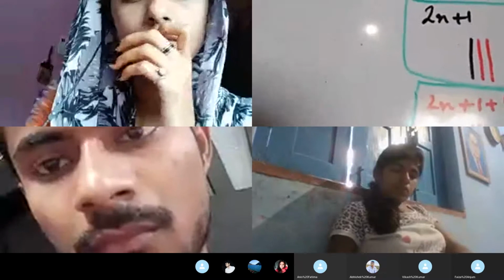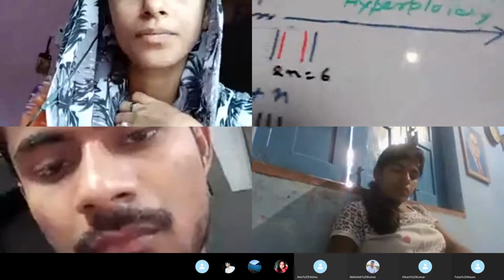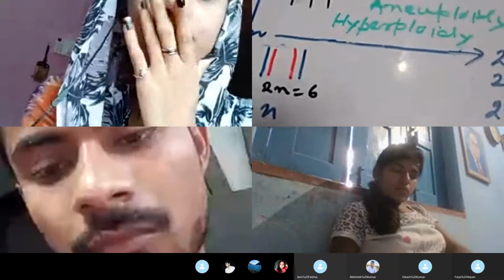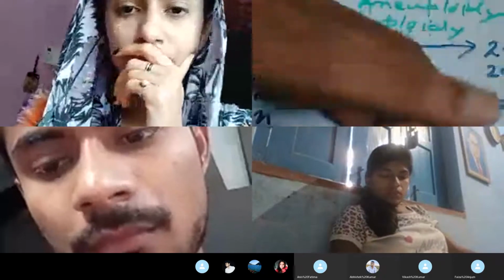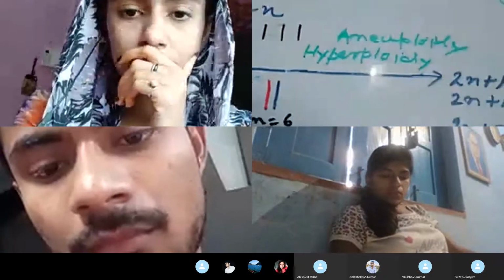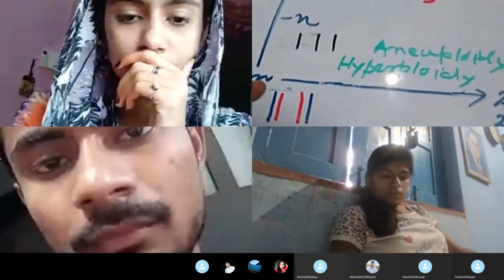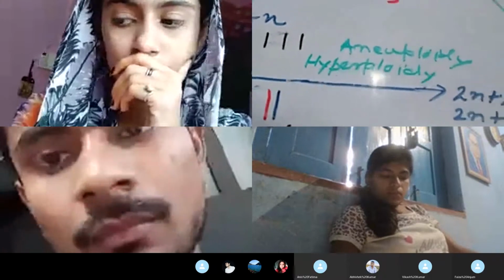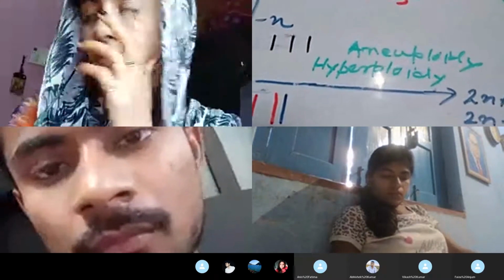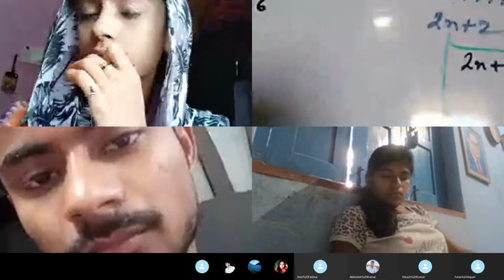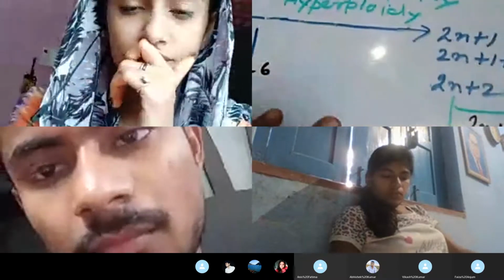So a complete set of the chromosome is increasing in this case. A complete set, n, is increased, and in this case 2n has been increased. A complete set of chromosomes has been added here. So what will be the type of the numerical change in this case? This will be called polyploidy. There is increment in the number of sets. If there is addition of one set of chromosomes in the normal diploid chromosome complement, it will lead to the production of triploid. If there is addition of 2n in the normal diploid complement, it will form the tetraploid. This is called polyploidy.